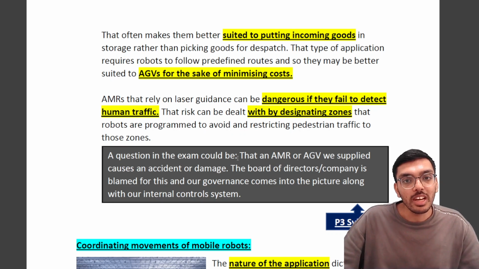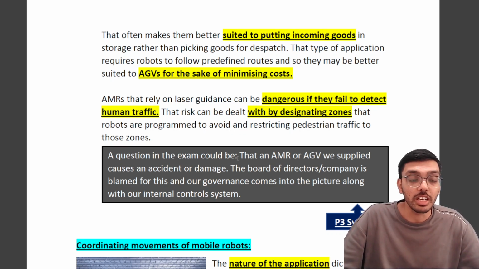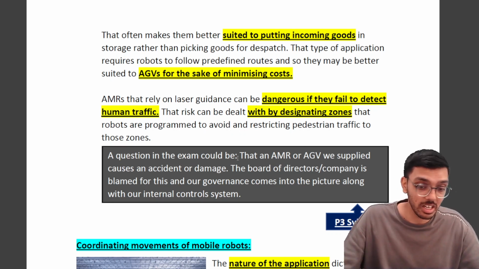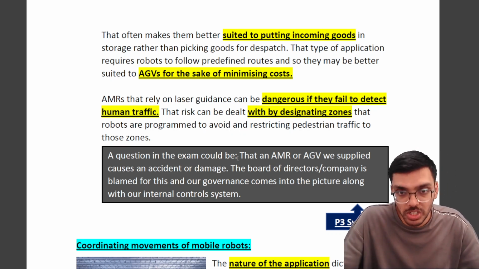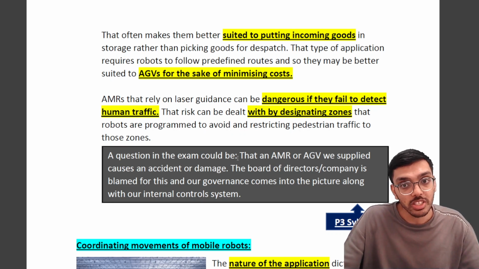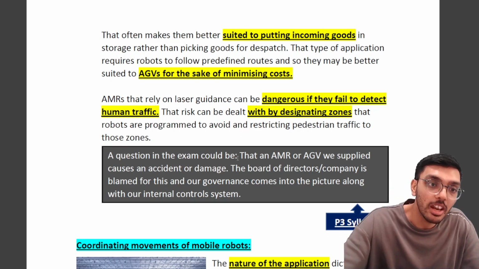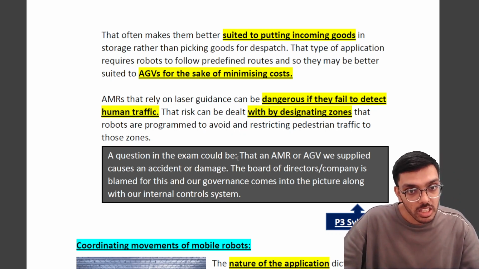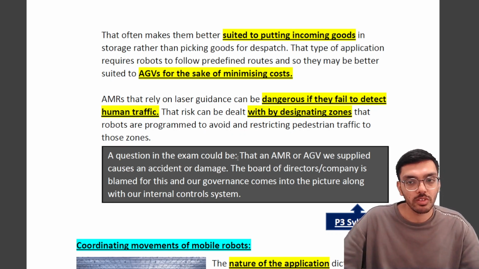AMRs that rely on laser guidance can be dangerous if they fail to detect human traffic. So AMRs, as we know, are more expensive. They come with flexibility because they can map and avoid obstacles. But if something goes wrong in the technology, and if they are not able to detect human traffic, disasters can occur. So that risk can be dealt with by designating zones that robots are programmed to avoid and restricting pedestrian